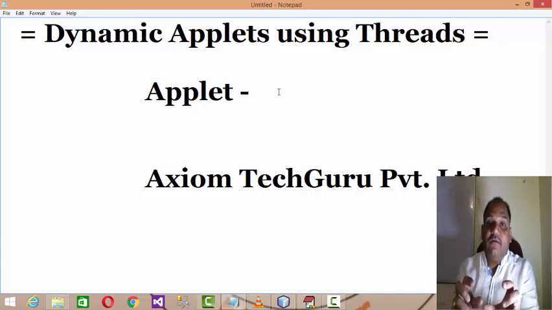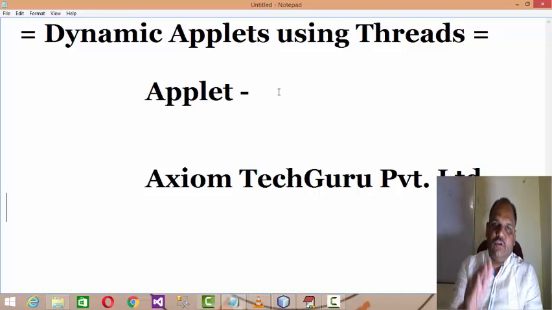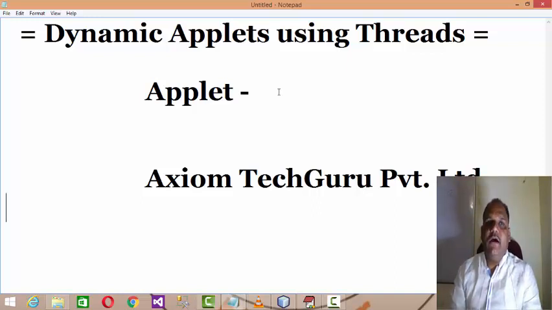So this dynamic X and Y will give the movement to that particular man walking from the X point to the end point, and then you can set the programming conditions and all. Got your point clear? So the same thing I am trying to explain today, how I can construct dynamic applets using threads. First of all, I'll be giving you a glimpse of the logic I am applying.